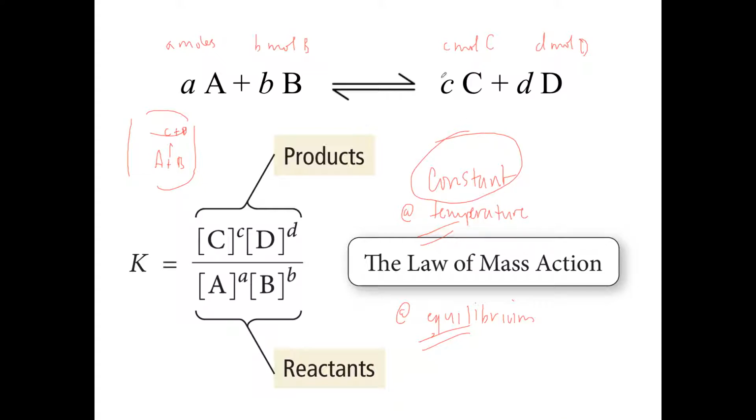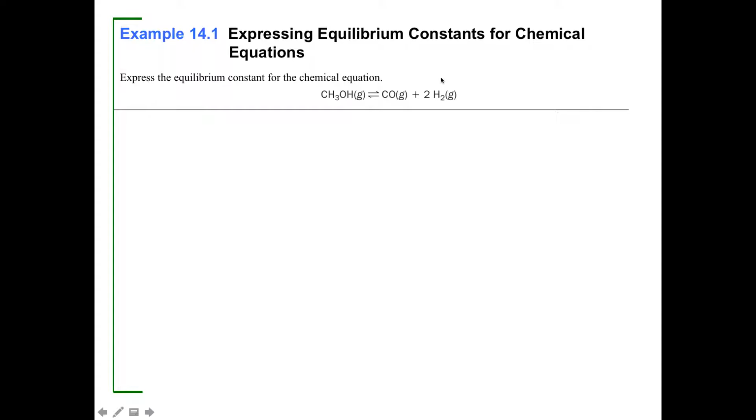All right, so let's look at how we can use this and how we can manipulate it. Suppose that you were asked to express the equilibrium constant for the chemical equation, such and such. Okay, look at this. Now the law of mass action says that K is going to be the concentration of the products over the concentration of the reactants, right? And the products are here. So it's going to be